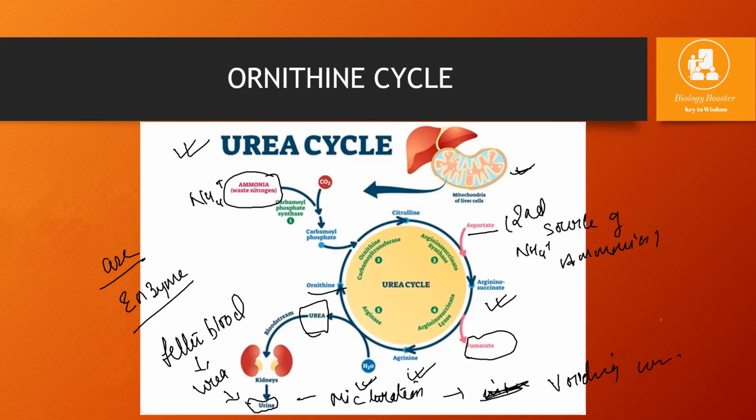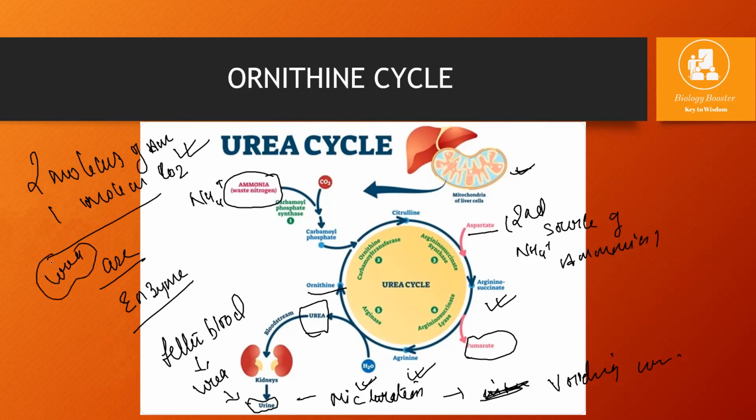What we need to learn here is what is required. 2 molecules of ammonia. Okay, 2 molecules of ammonia are required, and 1 molecule of carbon dioxide is required, and then you are going to get urea. So यूरिया को कैसे बनाएंगे? यूरिया को 2 molecule of ammonia और 1 carbon dioxide मिलाकर यूरिया बनाते हैं, and this urea, by the process of micturition, is excreted out of the body. Okay, the 2 ammonia और 1 carbon dioxide मिला के यूरिया, which is less toxic, is released out of the body.